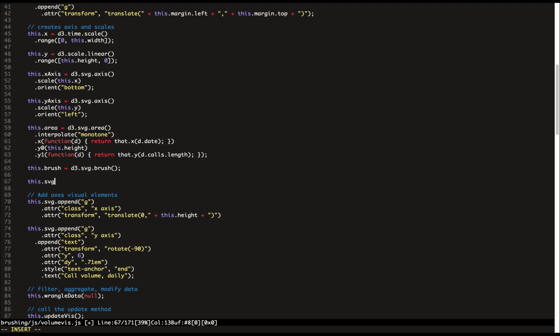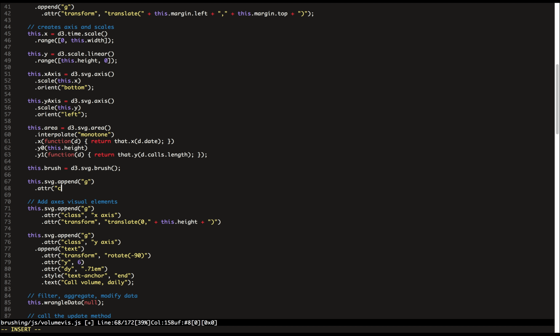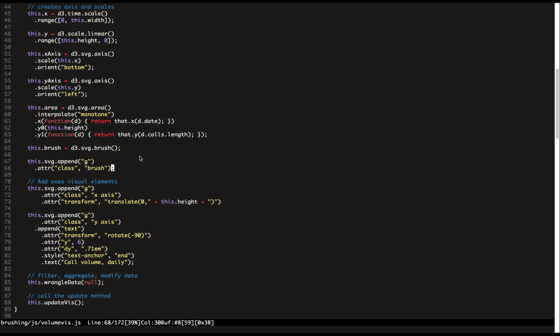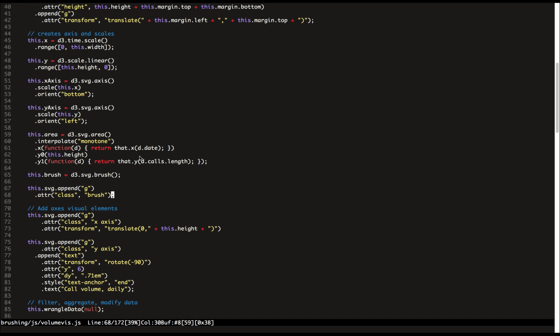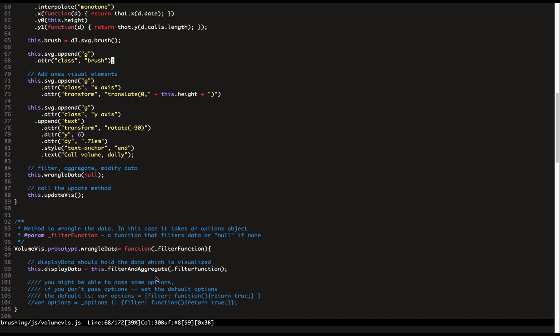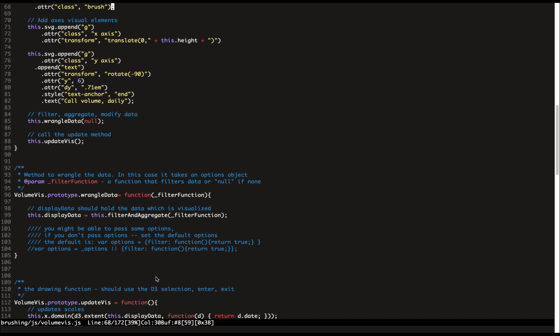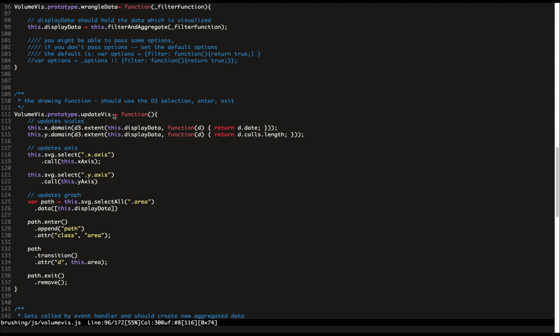And we need to add this placeholder G that's going to contain the brush in the future. This is just how D3 brushing works. Okay? So brushing doesn't affect our data, so we don't have to change Wrangle data. Wrangle data is fine. Brushing is going to affect the other view's data, but not ours. So no need to touch Wrangle data. But it is going to affect update viz because we need to make sure to redraw the selection rectangle. In particular,